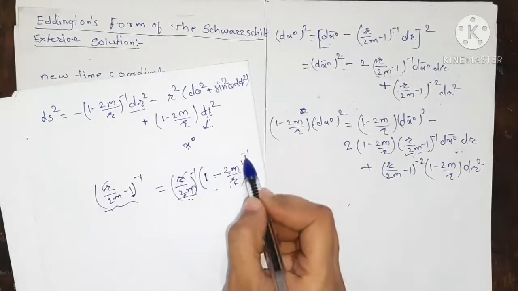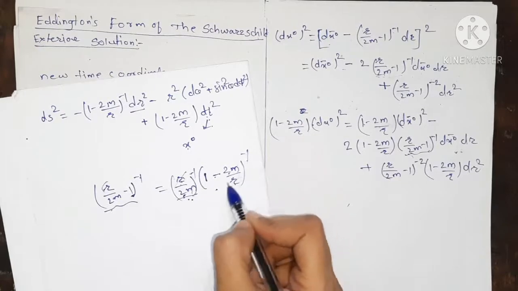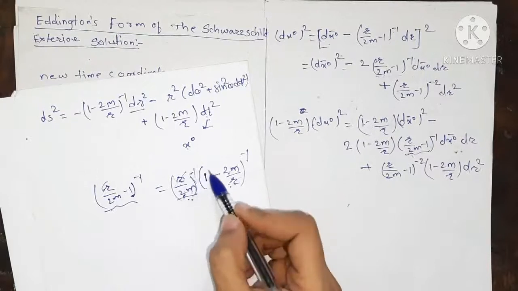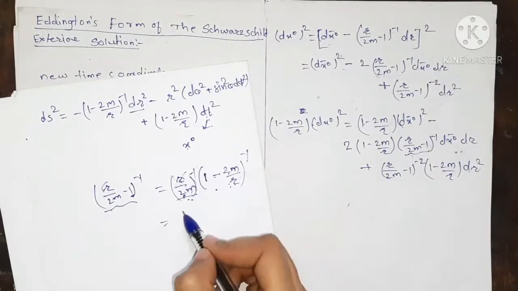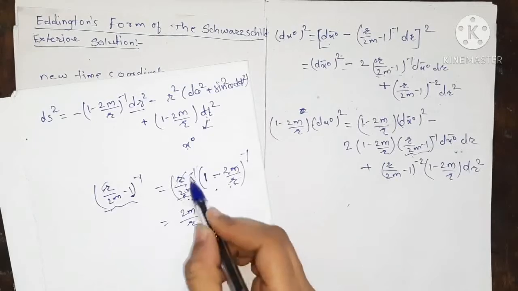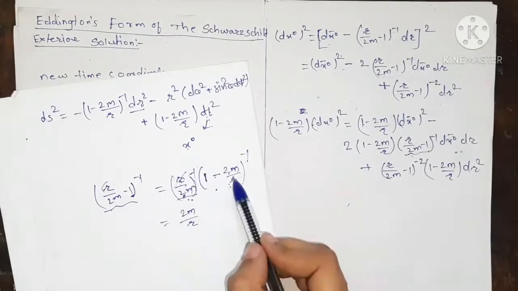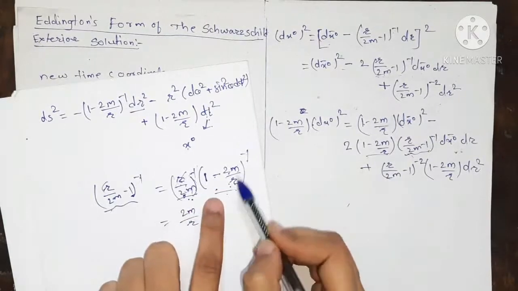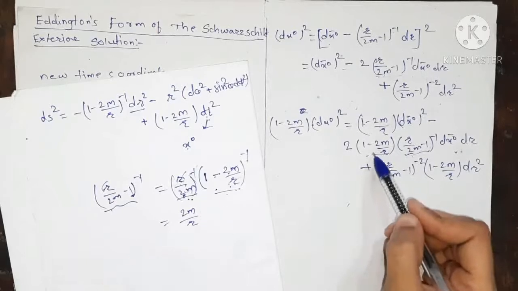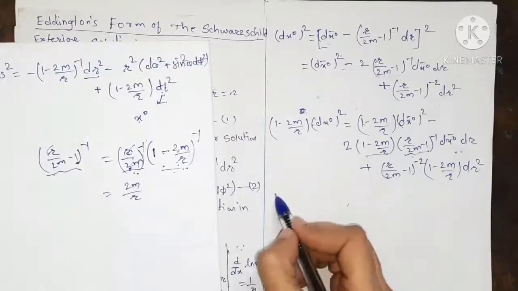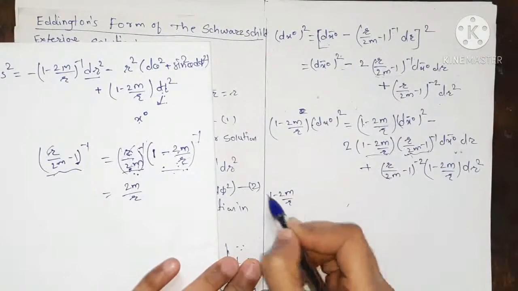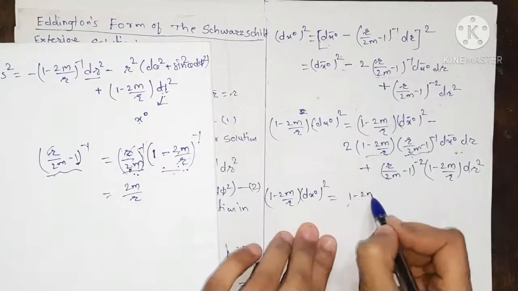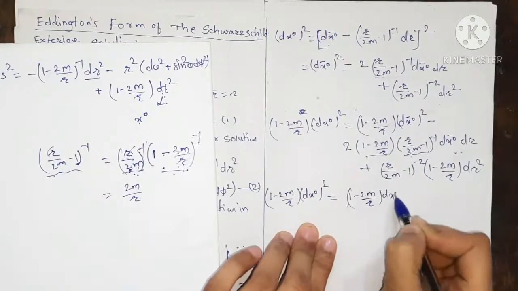because we are taking from the inverse bracket. Because the power of the bracket is inverse, so we take here r upon 2m its inverse, and r upon 2m its inverse means 2m upon r, because it is the reciprocal of that. And then if we take this common, this term and this term are the same. And therefore this term gets cancelled with this term, so we write this as 1 minus 2m upon r dx0 square equals